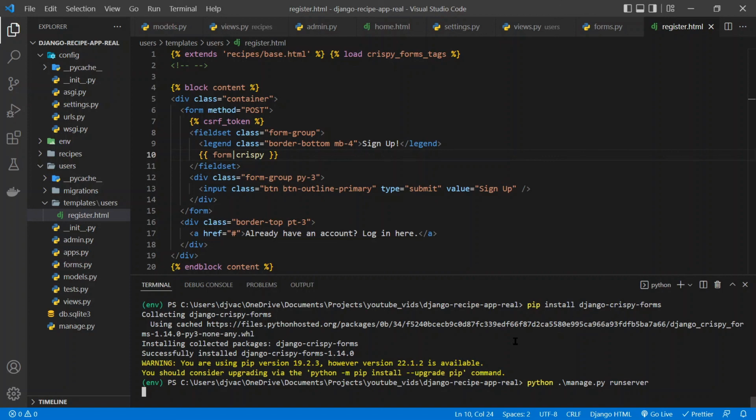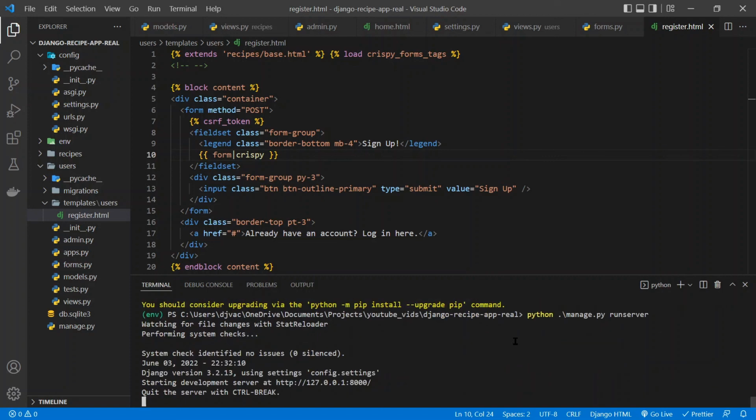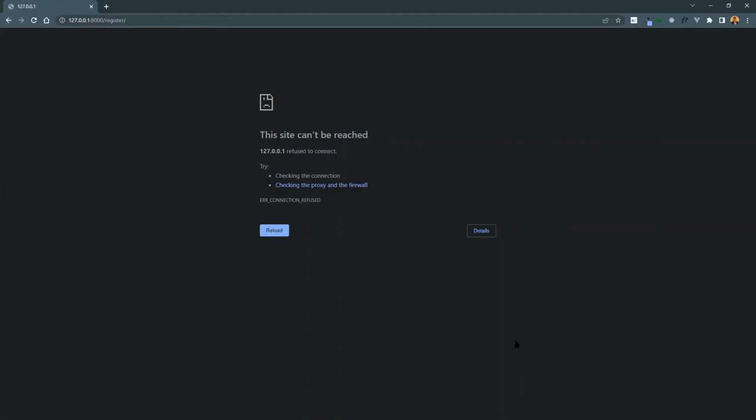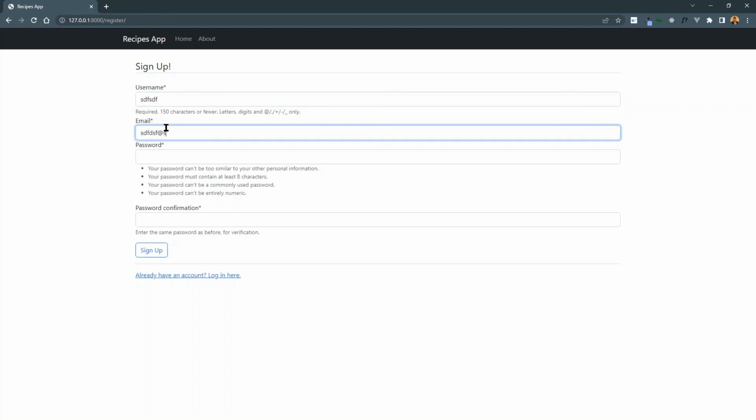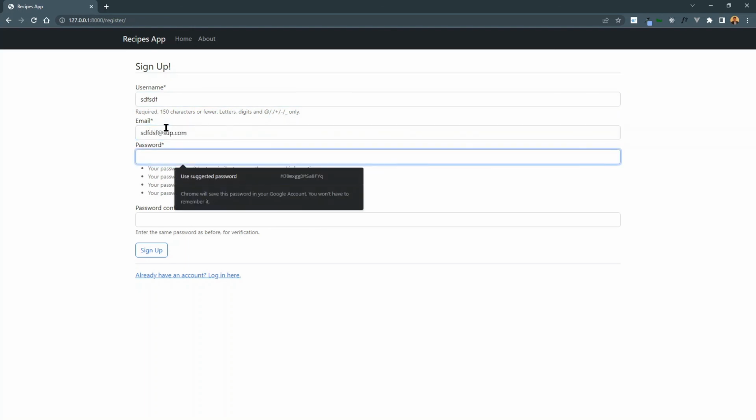And if you type in the up or down arrows from the terminal, you can use recent commands. So we have the terminal up. Now if we go back to register, look at how much better that looks. So now it has this format. If we try and do some kind of error, so if we say at sub.com and we maybe don't make the passwords match,